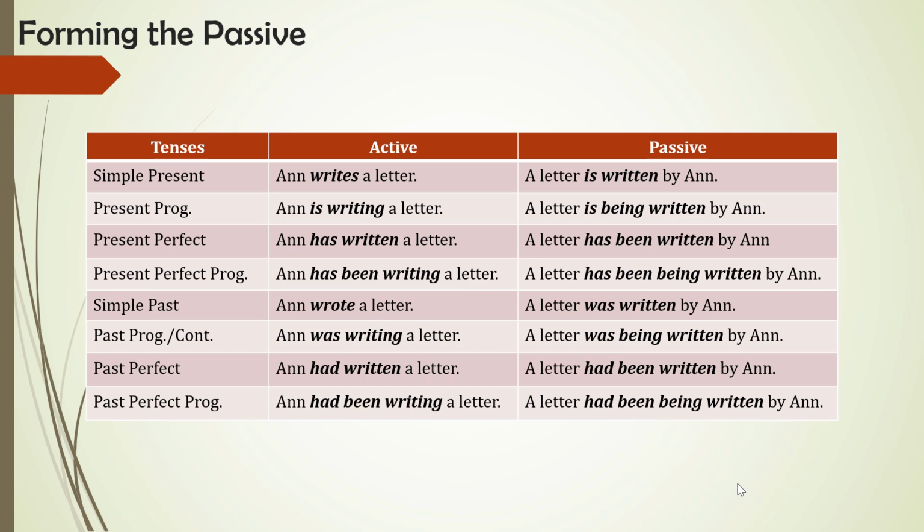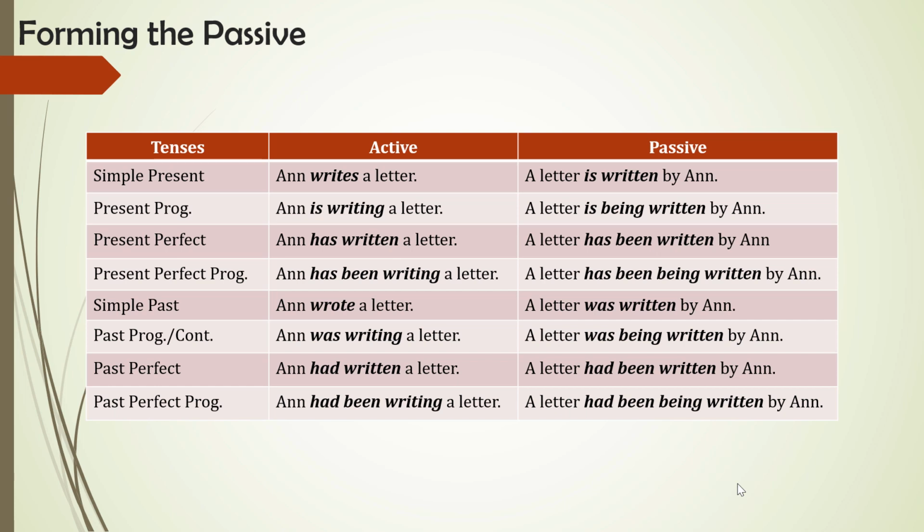Forming the passive. To change an active sentence to passive, it depends on the structures that are used in the active, whether it is simple present, present progressive, present perfect, and so on and so on. There are 16 tenses in English, so there are 16 ways to form the passive sentence